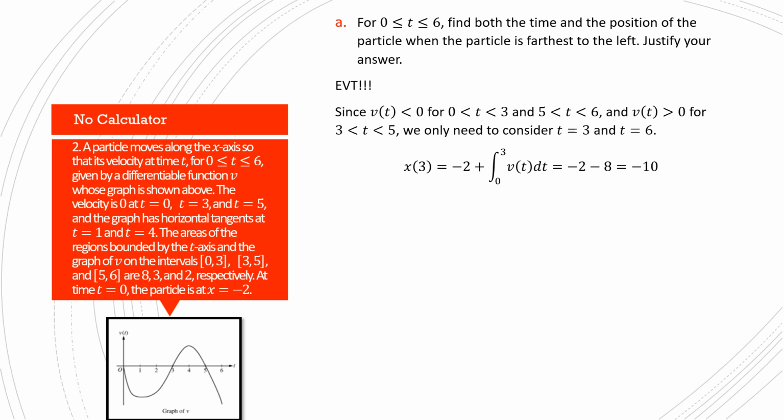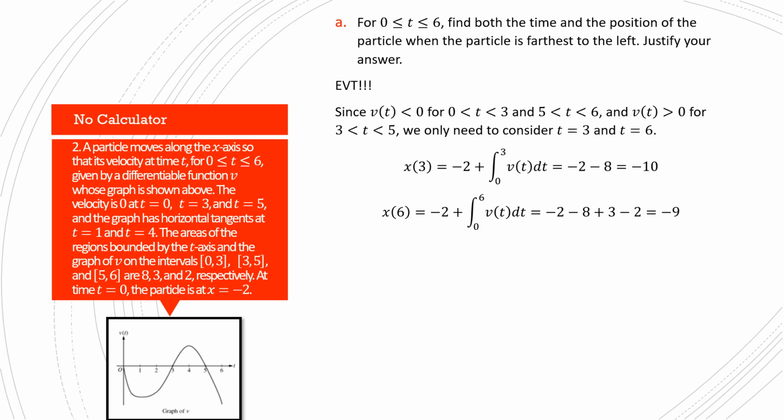In other words, negative 8 was the region from 0 to 3, and it's negative because it's below the axis. So at x of 3, I'm getting negative 10. Next, I'm going to check x of 6. And so again, I'm starting at negative 2 at 0, and then I'm going to integrate from 0 to 6